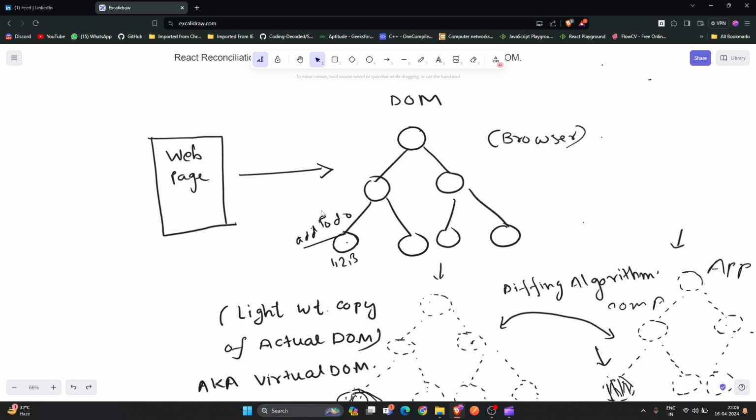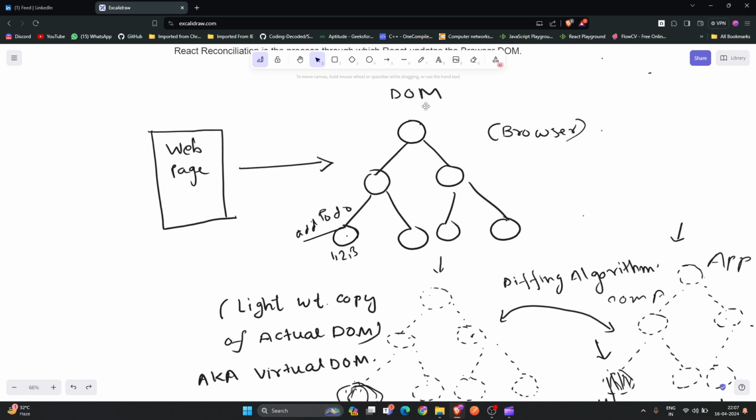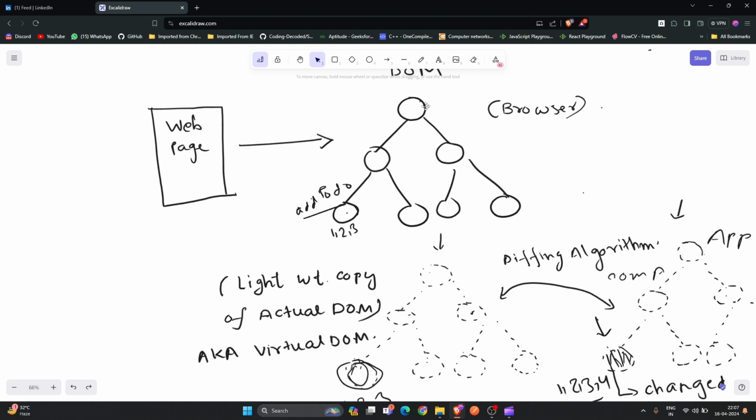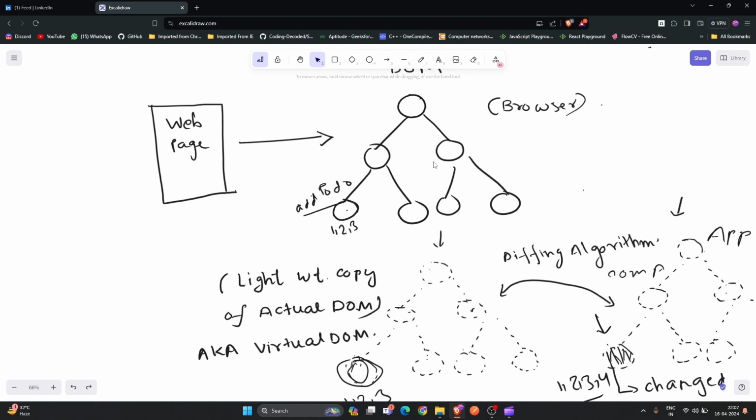Let's say we are hitting a URL in the browser. So we are requesting our web page from the server, and we will get our web page in the browser. The browser will convert this web page into the DOM. What React does at the same time is convert that DOM into a lightweight copy, which is also